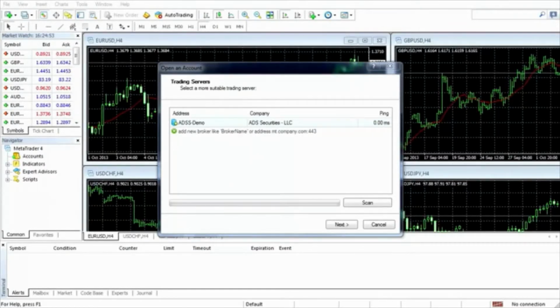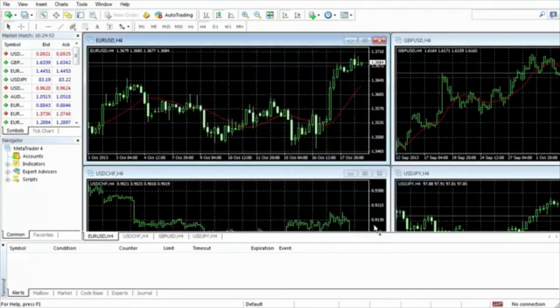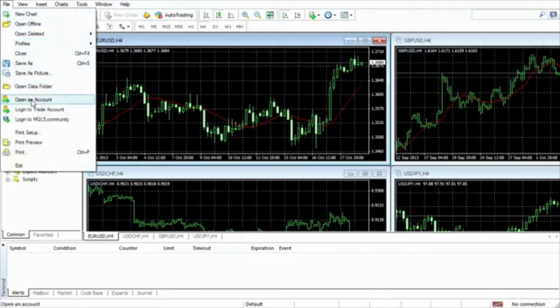Now we have a default sort of setting here. This is what you're going to be presented with: several charts and some open windows and an open an account option here. What I want to do is I'm going to close this down just so I can show you the process here. I'm not going to open an account just yet. I will cancel that. So I'll go to File in the upper left-hand corner, Open an Account, and that window